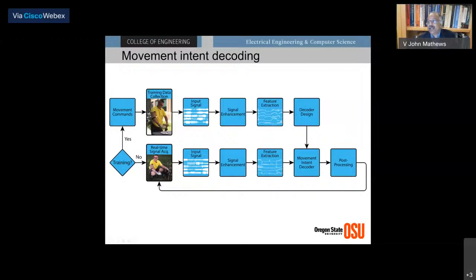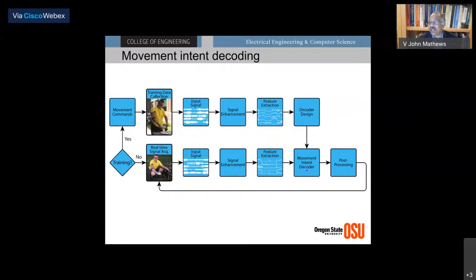If you're using machine learning type algorithms, you need to train the systems with the data collected. So what you do is you collect the data, you clean the signal up, extract some features that correlate well with the movement, and design a movement interpreter or a movement decoder. And if you're actually using it in practice, you collect the data, clean up the signals, extract the features, use the designed decoder to